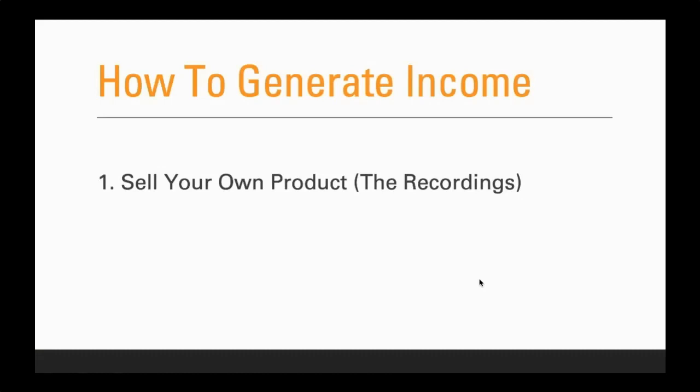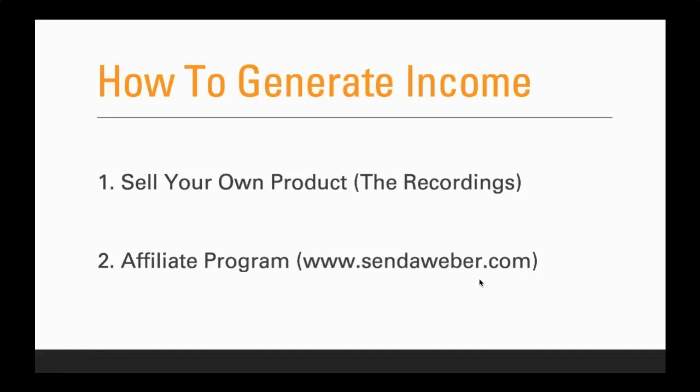Or to generate income, if you don't have any product, you just have content, but you have nothing to sell, that's okay. Well, you can just promote affiliate programs, right? You can promote someone else's program to generate income. Like today, I do a walkthrough for Aweber, right? At sandaweber.com. Now that goes through my affiliate link. You see, when my customers sign up for Aweber directly or sign up through my affiliate link, they invest the same. They don't get charged extra. And it's just that Aweber now makes less because Aweber is paying me affiliate commissions. So I think Aweber pays like 10 or 20% commission.